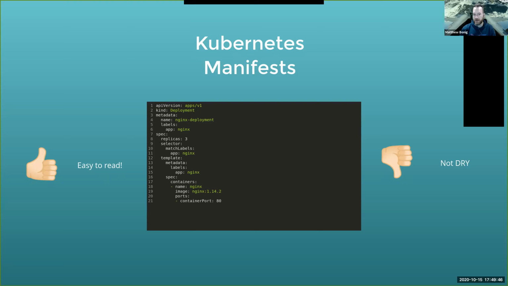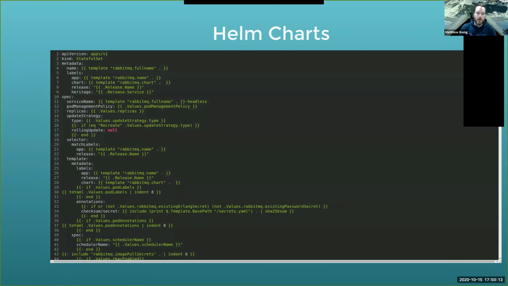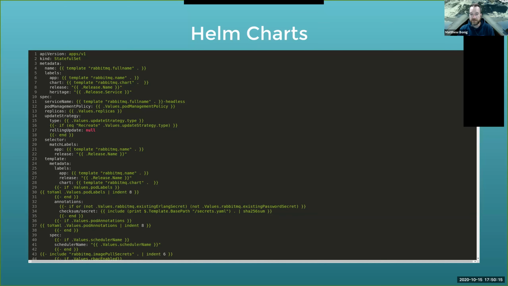In the case here, I have this deployment and I want to make all 30 of my application teams be able to deploy Nginx reverse proxies. If I was going to use this process for doing it, everyone would have to copy and paste a YAML file. And then if all of a sudden you decide one day, oh, well, we need to get resource management built into these, or affinities or things like that, now you're changing 30 copies of a file, and they're incredibly hard to manage long term.